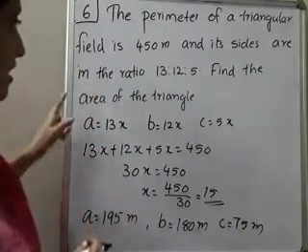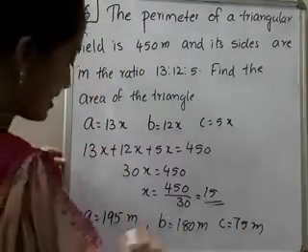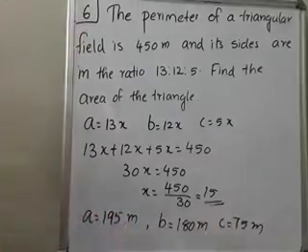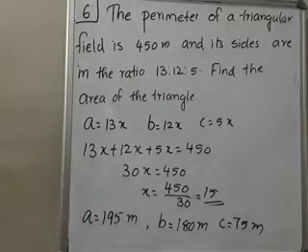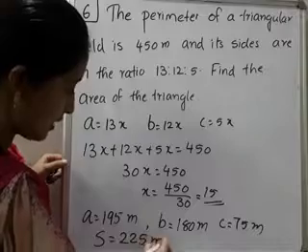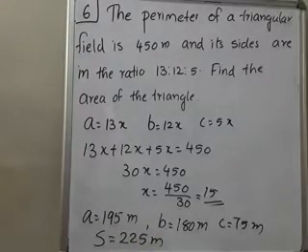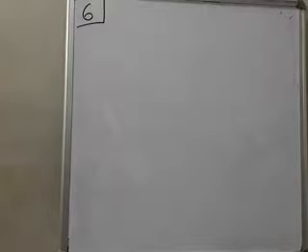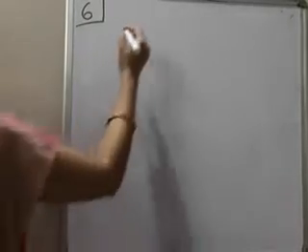Then one more condition we need. What is that? Yes. That is S is equal to 450 by 2, that is equal to 225. S is equal to 225 meter. Okay. So please find out the area of the triangle. Area of the triangle is equal to root of S into S minus A into S minus B into S minus C. So substituting the values, finally you got the answer as